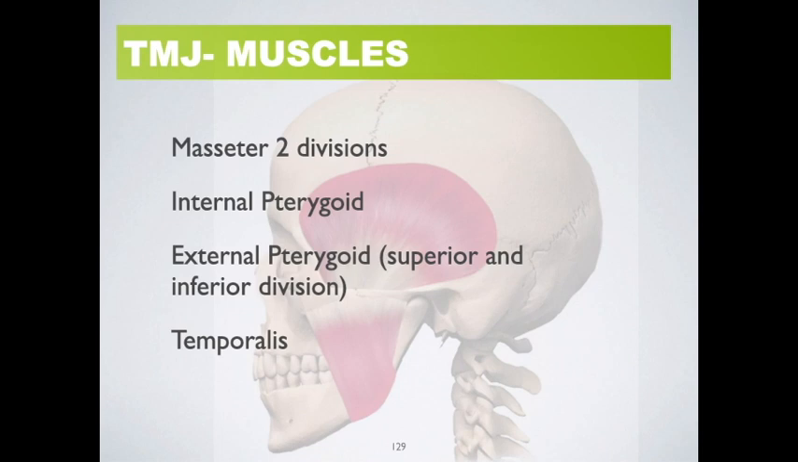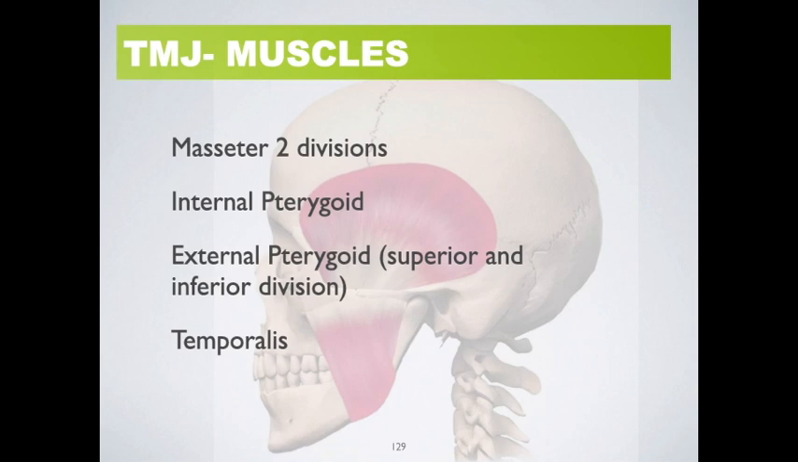In general overview, the muscles we'll be looking at closely with regards to treating the TMJ are the masseter, which has two divisions, superficial and deep. The fibers run at slightly different angles. The masseter is the strongest muscle in the body, inch for inch. The gluteus maximus is the strongest muscle in the body, or should be, because of its sheer size. But the masseter is the strongest muscle in the body